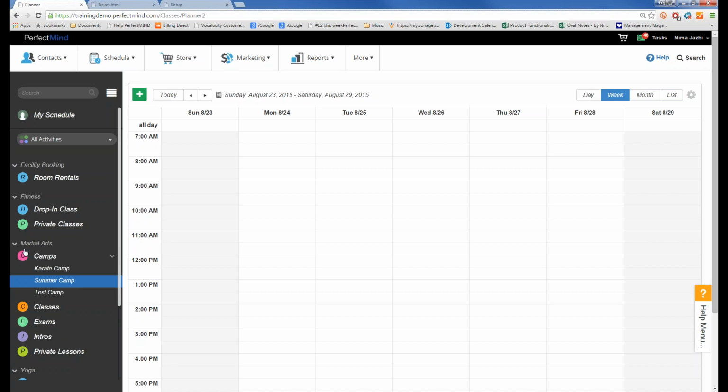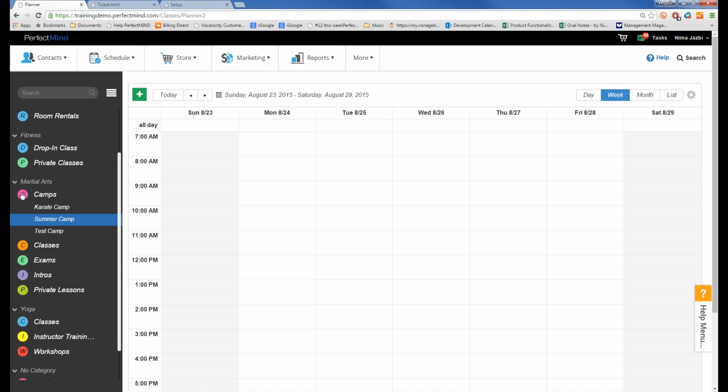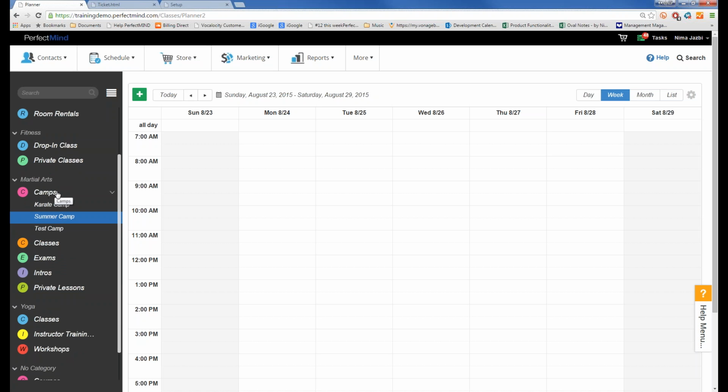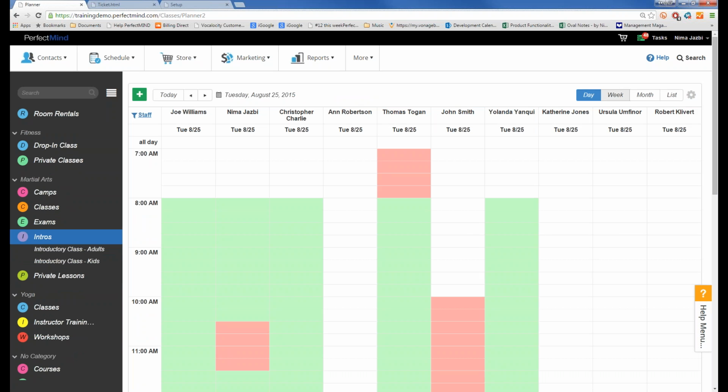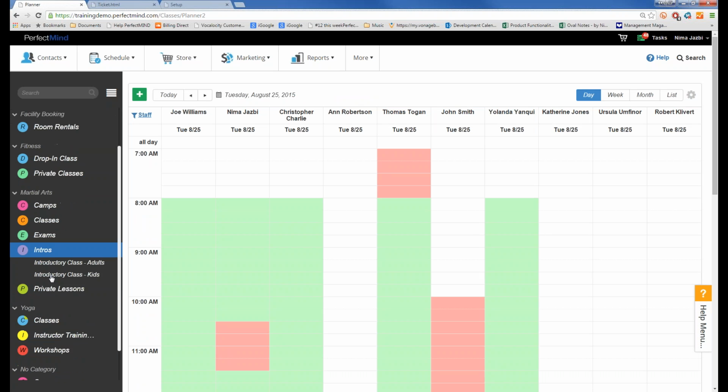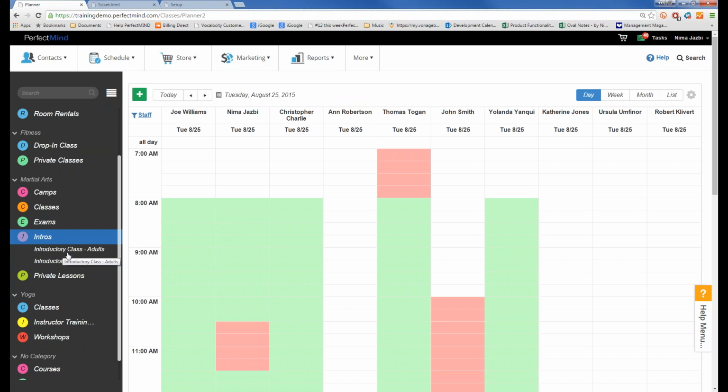For example, in my database, I have martial arts. In martial arts we can offer camps, classes, exams, intros, and private lessons. If you click on each one, it provides you different options, and the view on the right-hand side changes based on what information is more important for you to see. If I'm booking introductory lessons or private lessons, it's important for me to see the instructors who conduct the intros side by side so I know who's available and what time. And usually I book my privates on a daily basis, so